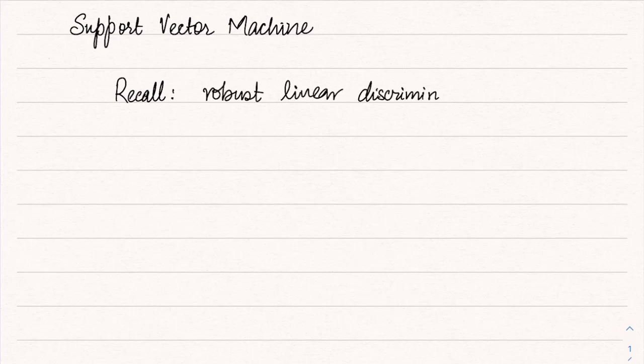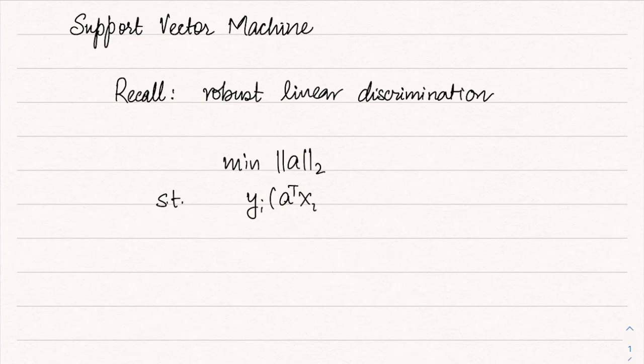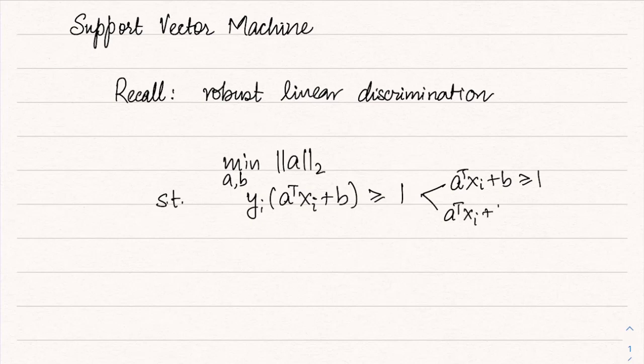Recall the robust linear discrimination problem, which was written as minimum of norm of A subject to constraint yi times (A transpose xi plus B) is greater than or equal to 1. So the optimization was over A and B, and this was the robust linear discrimination problem. Remember that this constraint was really a set of two constraints. A transpose xi plus B is greater than or equal to 1, and A transpose xi plus B is less than or equal to -1. The first was for yi equal to 1, and this was for the points for which the label was